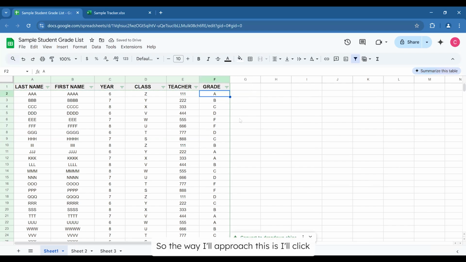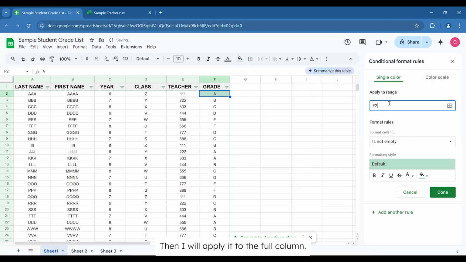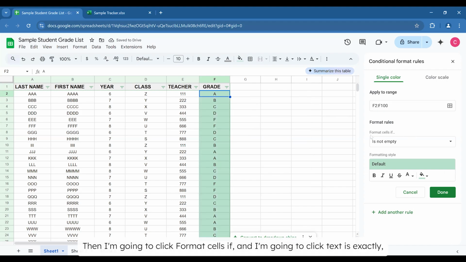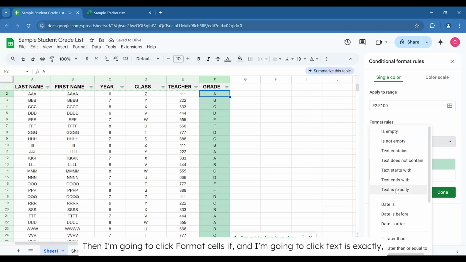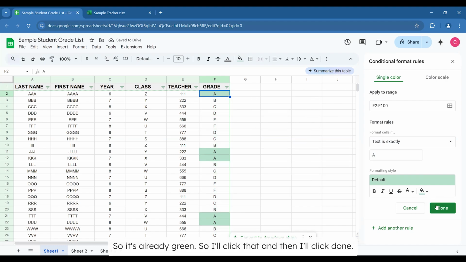So the way I'll approach this is I'll click the first cell, go to the fill color and click conditional formatting. Then I will apply it to the full column. So you can just use a really large number and just go past your data set. So you can see this is column F, row 2, and I'm going to go to column F, row 100. Then I'm going to click Format Cells If, and I'm going to click Text is Exactly, and then I will put A. Then I want to make that green, so it's already green, so I'll click that,